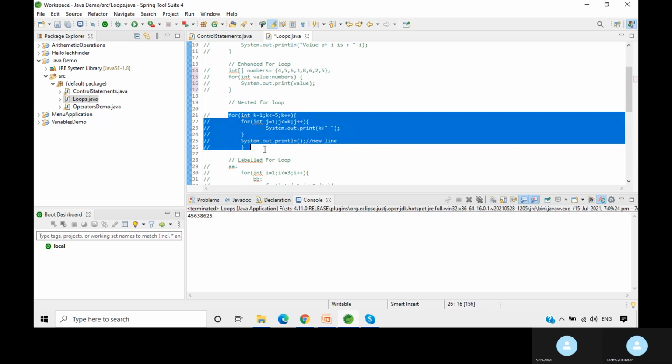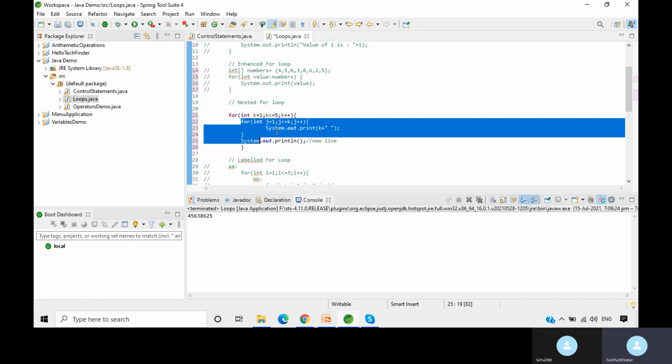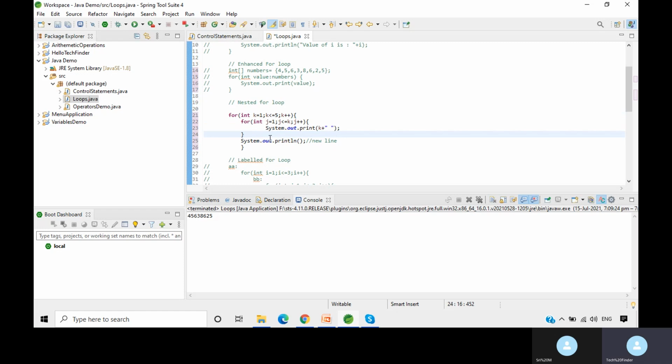Now, the nested for loop. Nested for loop means a for loop inside a loop. Here first it will check k equal to 1, k less than or equal to 5, k plus plus. Once it is true, it will enter into the next loop.